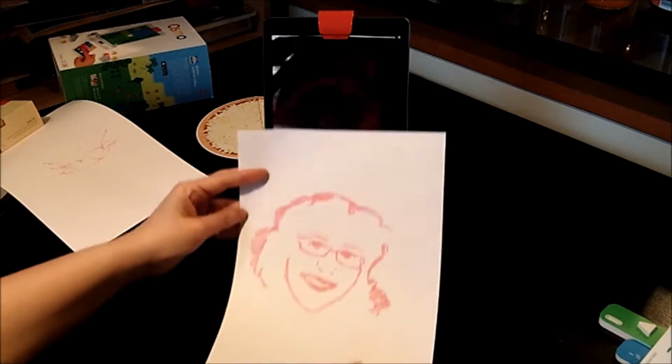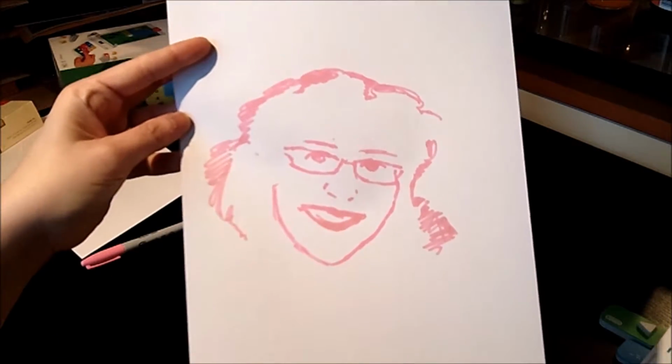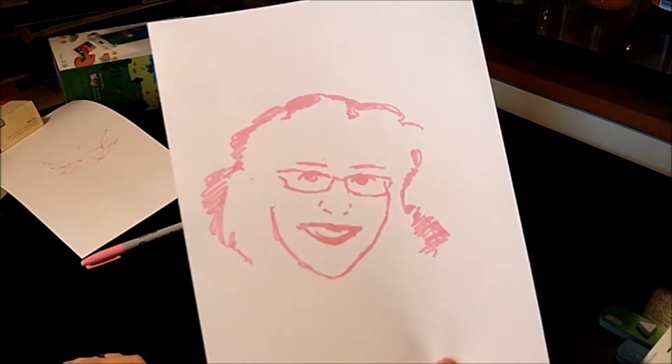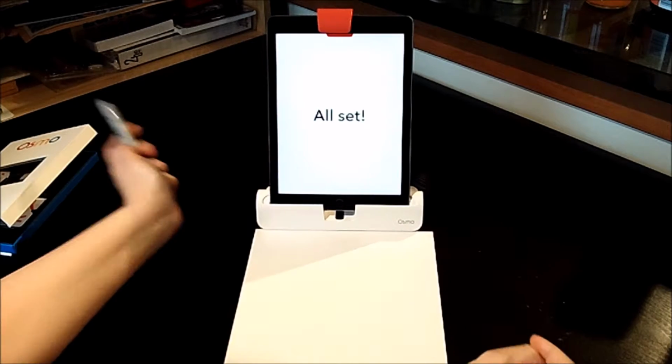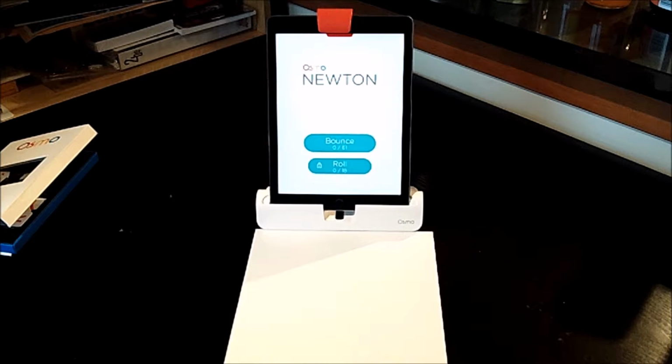So I took a photo of me, and this is what I drew really quick. It took me like 5 seconds to draw something like this. So for a kid, this is super fun. All set. So this is called Newton, and